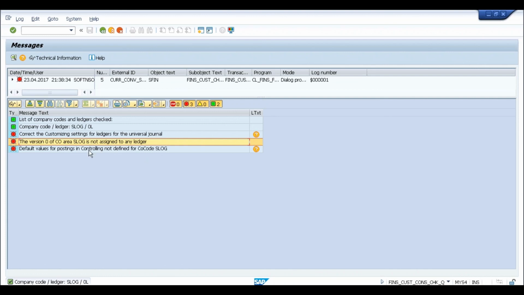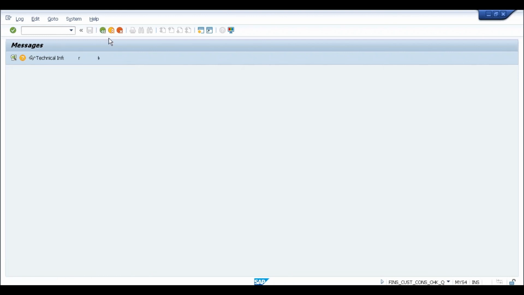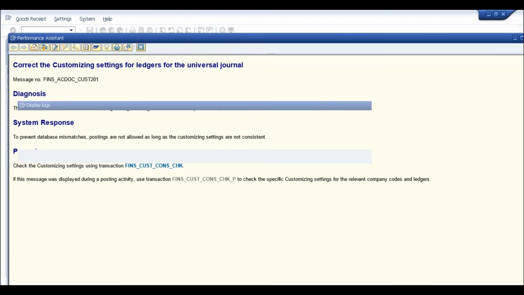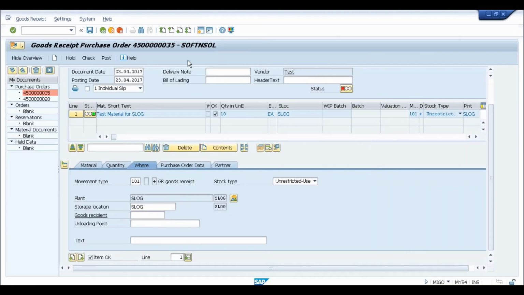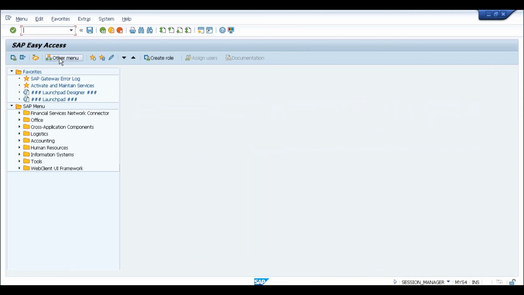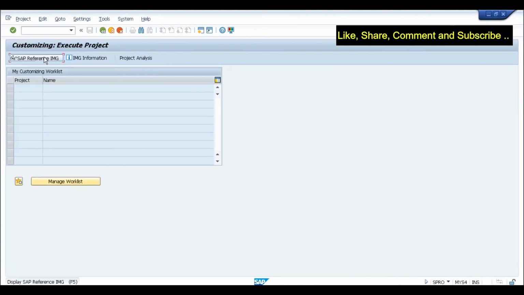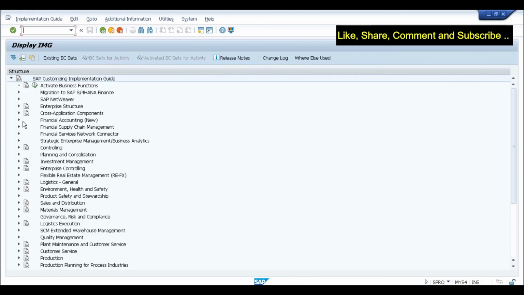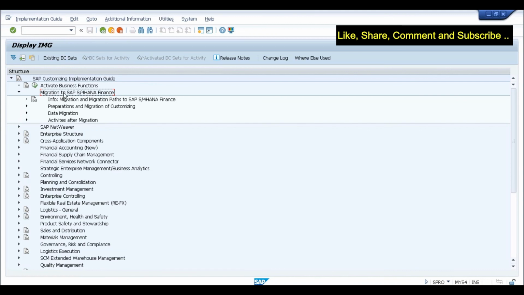What needs to be done? For that, let me close this. You need to go to SPRO, SAP reference IMG, financial accounting new, or maybe you can go to migration to SAP S/4HANA Finance. This is the migration cockpit which we are going to understand towards the end of this course.